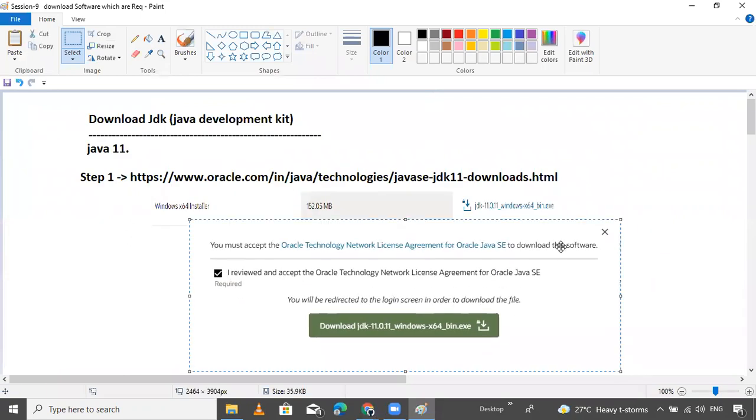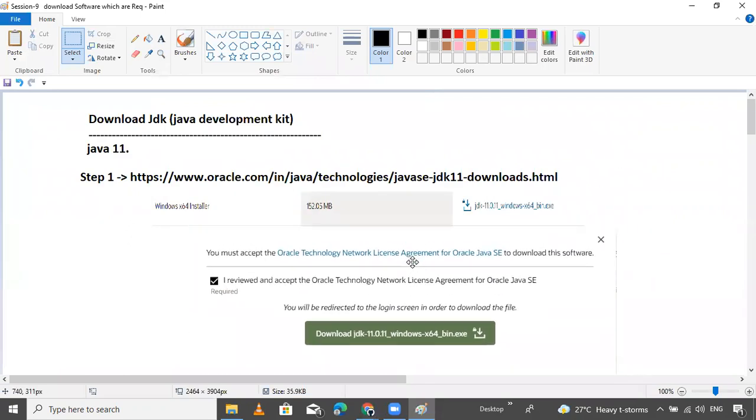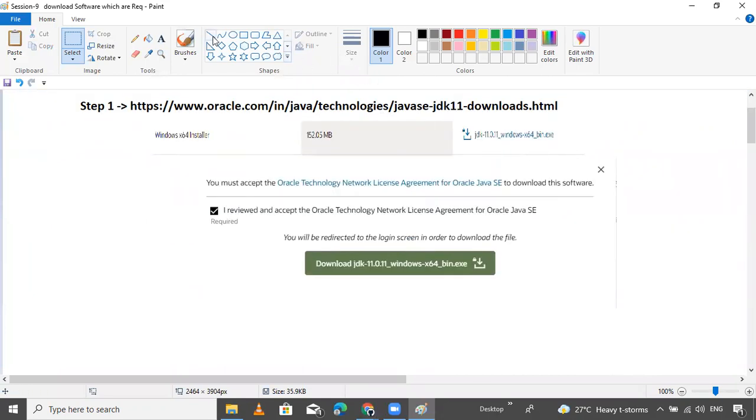After that, you will get this type of dialog box. One by one, I will show you all these points. First, you hit enter here. This is the hitting point. Hit enter here. Then you will get this type of dialog box.